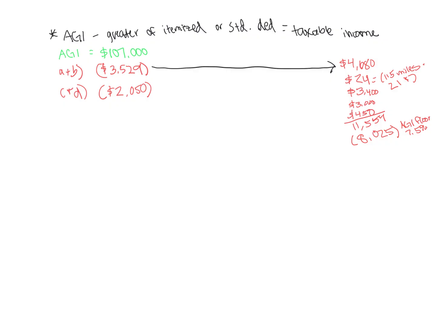For letter D, that $250 overpayment is also allowed to be itemized because that $250 overpayment applied on the last year's return is treated as paid last year. So then if we take that $1,800 from letter C plus the $250 from letter D, that gets us $2,050. Now if we go to letter E,